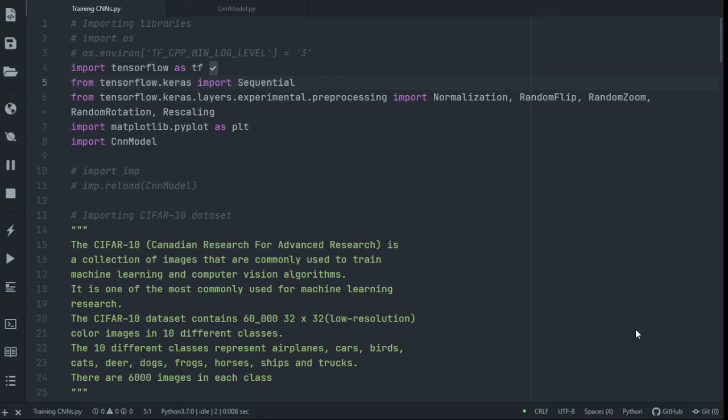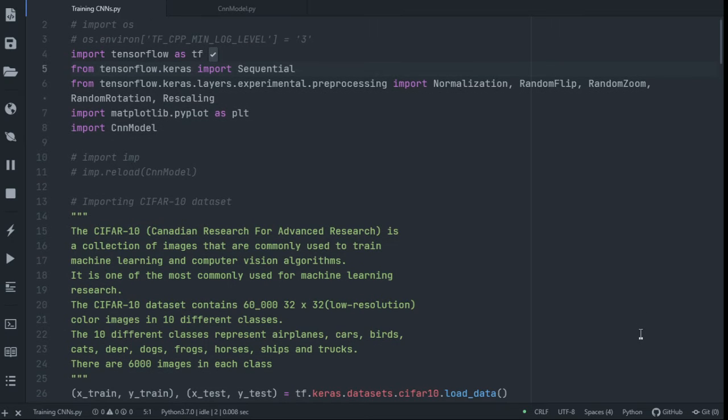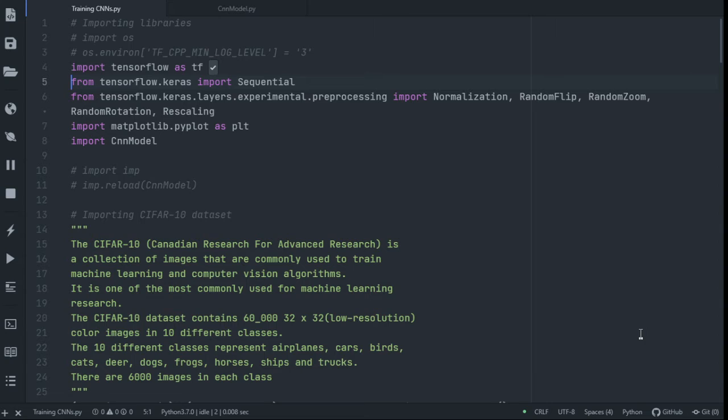Welcome to this video where I'll be talking about training convolutional neural networks. I'll also be focusing on the CIFAR-10 dataset and building the preprocessing pipelines. So first of all,